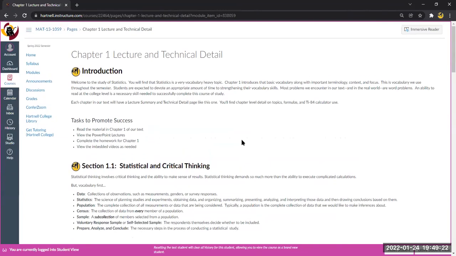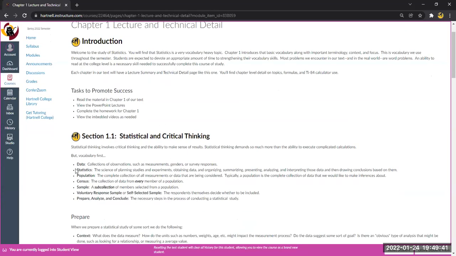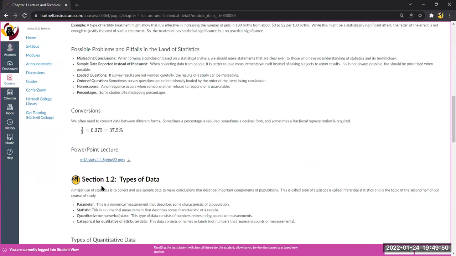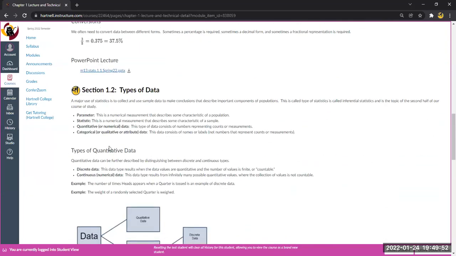I will note that one of the biggest issues students face in statistics is the vocabulary. It is a class that is more vocabulary heavy than any other math class. It's ridiculous at certain times, and I'll show you in a moment. For example, the vocabulary for the first section is right here. What is that, about half a dozen words, maybe a little bit more. More vocabulary down here.